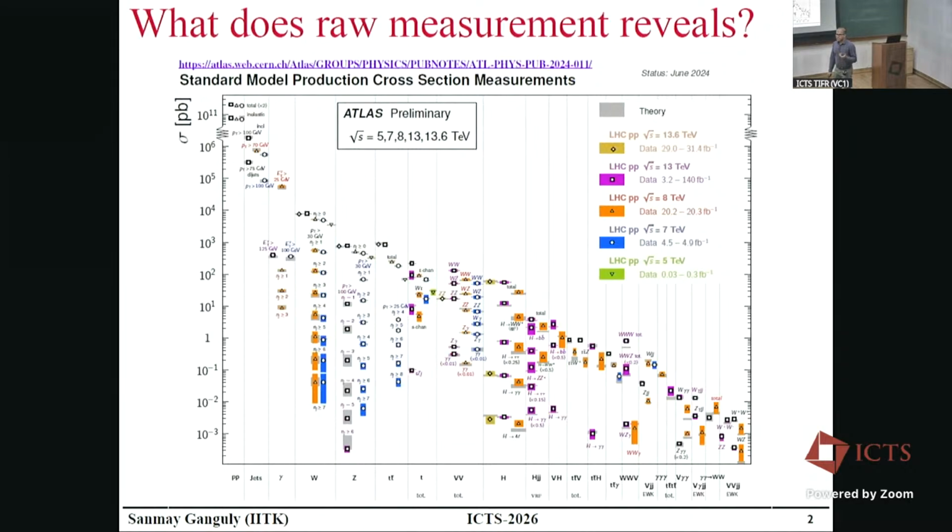When we think of the LHC, we always say, oh, Higgs was discovered, its couplings are measured. Of course, that's the greatest triumph. But think of one machine which can measure cross sections from 10 to the power 11 going to 10 to the power minus 3. So it's a huge range of variation of processes which a single machine can measure. Of course, it's done by different people. But nonetheless, I don't know whether you can read it.